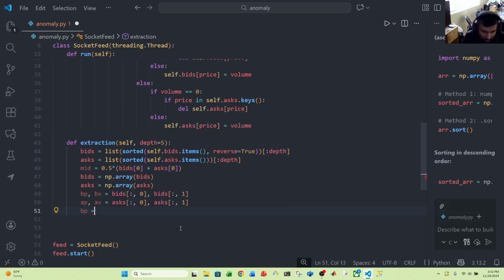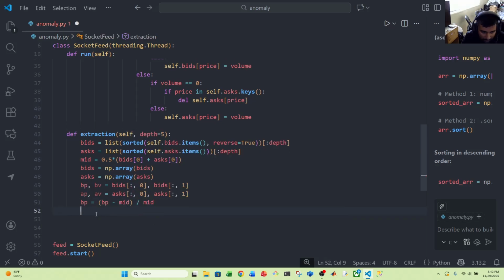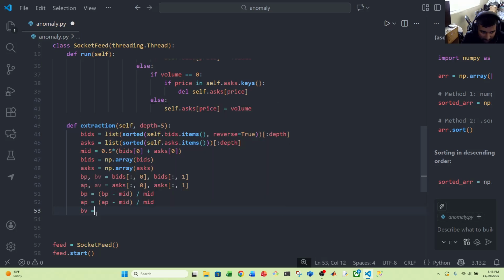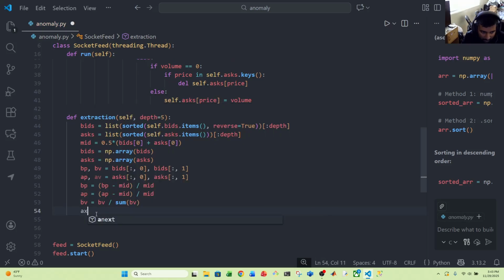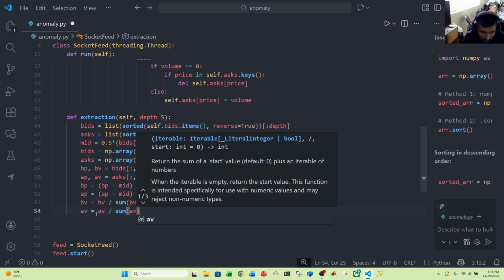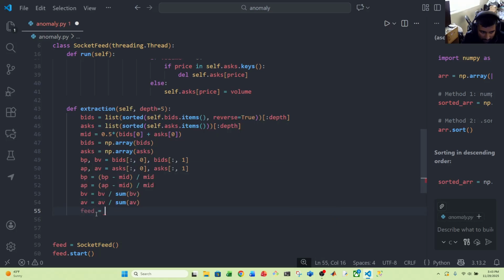So it's going to be BP equals, okay, so it's good that I have the mid market between these because this is going to be BP equals BP minus mid divided by mid, and AP is going to be AP minus mid divided by mid, and then BV is going to equal BV divided by the sum of BV. AV is going to equal AV divided by the sum of AV. So then feed equals